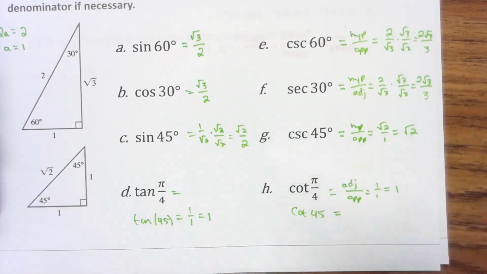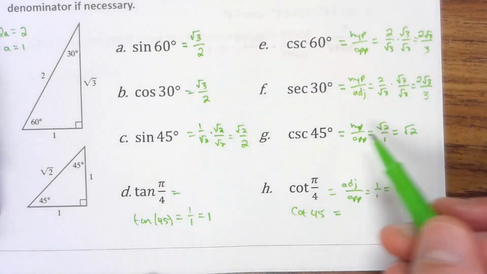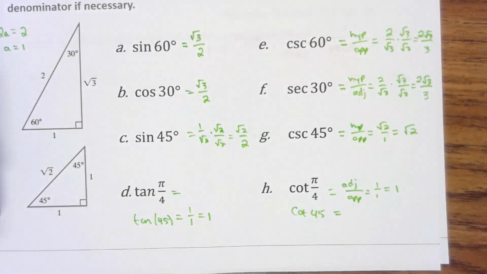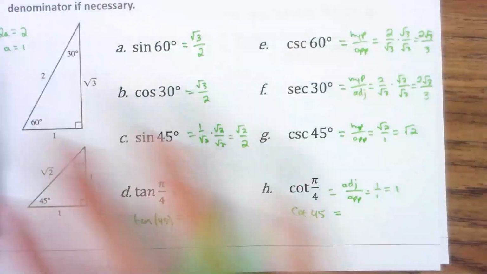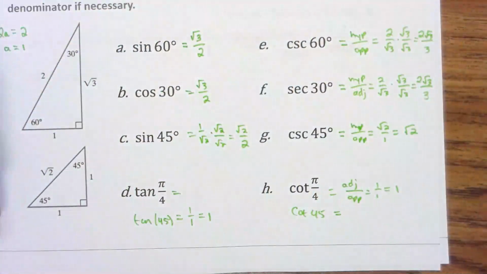So a lot of times that's where I'm like, okay, what's going to be the easiest way to get there? And in this case, it's actually thinking about the hypotenuse side over the opposite side, giving me root 2 over 1, which just simply simplifies to just root 2, okay? And then cotangent pi over 4 is just 1. Everyone good here? Okay, this is part of your Math Excel, so you will be doing this on your homework